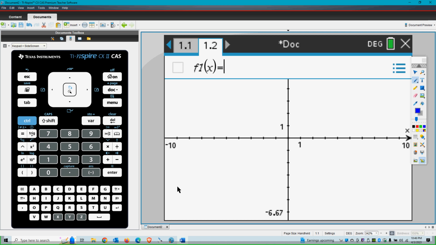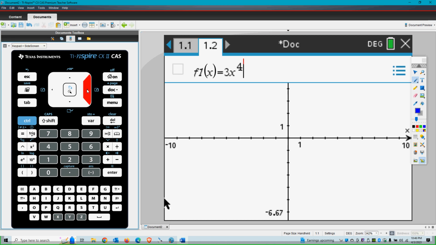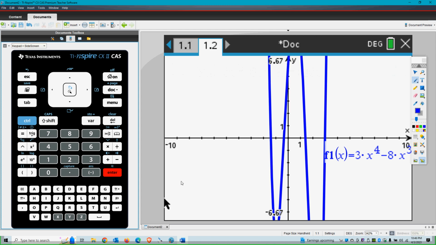So what do we have for a function? We have 3x to the 4th power minus 8x to the 3rd minus 9x squared plus 16x plus 6. Okay, so it appears it looks like it goes through 3, and I'm thinking negative 1/3, and these